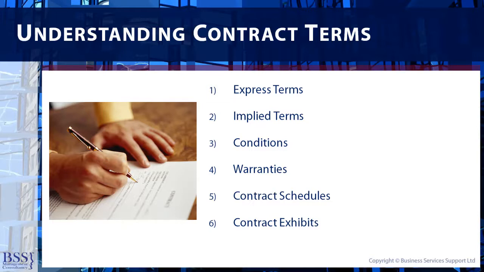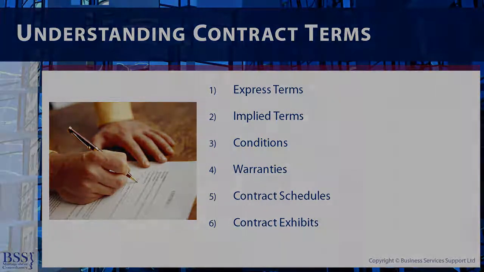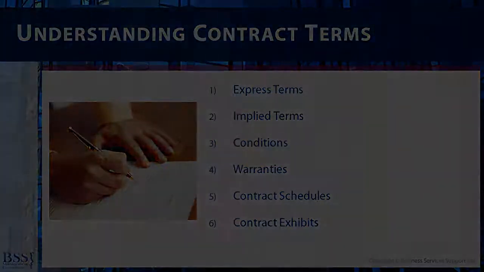This may include such details as the items to be supplied, the specific price, delivery dates and place of delivery, the quantity to be supplied, how carriage and insurance costs will be shared, what the quality of the product should be, and so on. Another example of express terms is limited liability clauses or force majeure clauses, which exclude a party from the obligation in the event of a specific